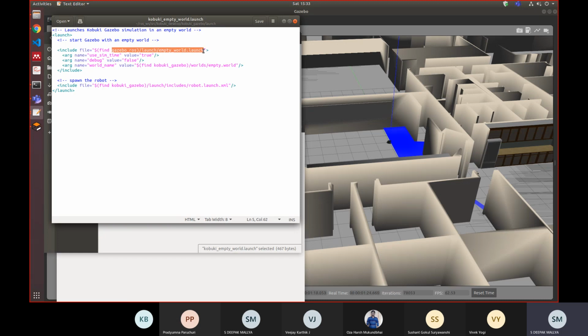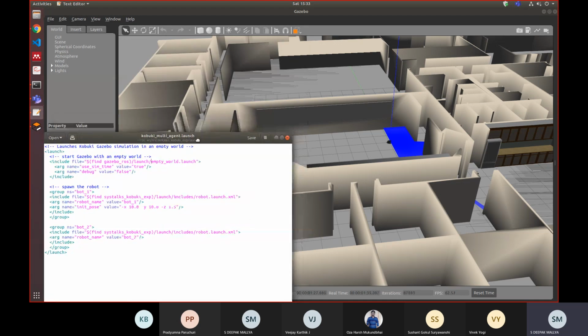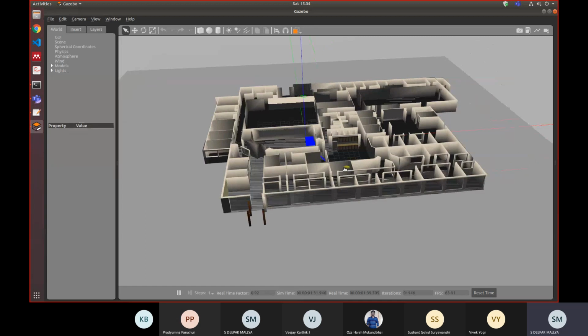In Gazebo ROS, you have this empty world launch. Similarly, you have other worlds as well, which you can use for experimentation. You can create your own world like this, but for